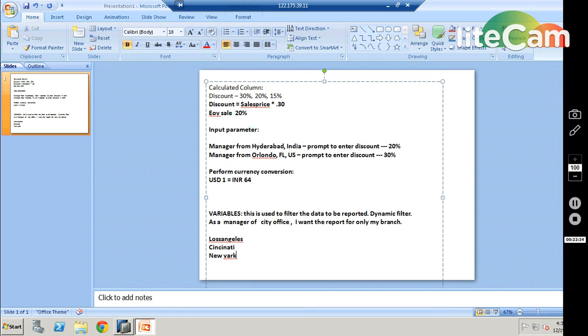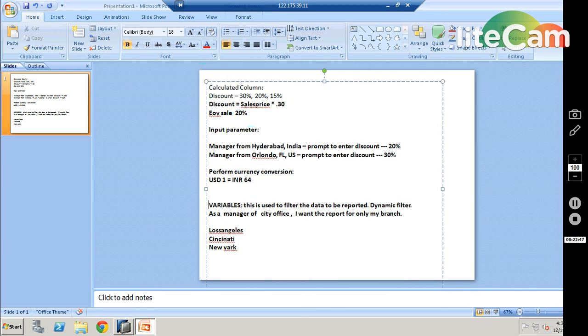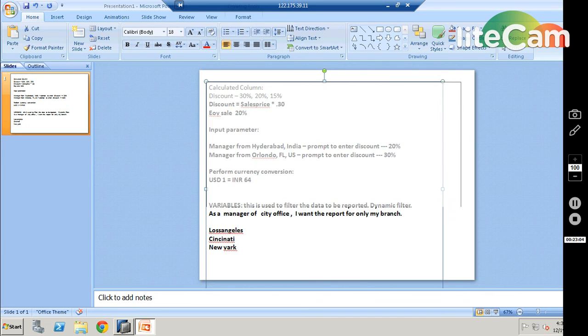In this kind of scenario, we have to use variables, or you have to create a report for each of them individually and provide them. That consumes a lot of development effort, right? We should create once and use in multiple scenarios with any kind of situation. So HANA provides you that kind of facility.